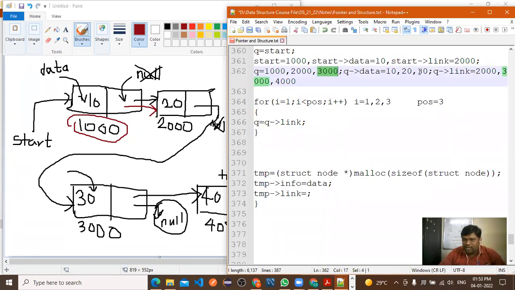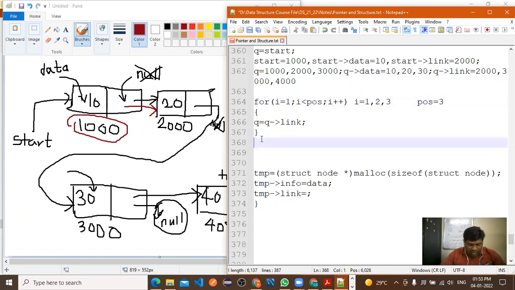And what is Q of data? 30. And Q of link is equal to what? 4000. Right? So Q of link is equal to 4000. It means our pointer is now located at which position? This 30 node. Now come outside of the for loop. Now the for loop condition is false.